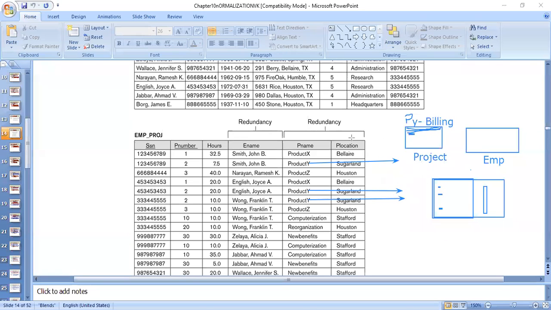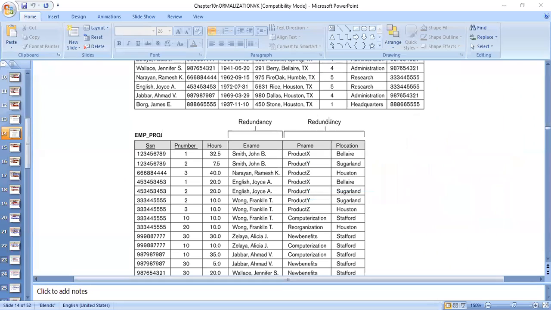Now this problem we are facing, that if 100 employees are working on project Y, at 100 places I'll have to make those changes. So this problem arises because of redundancy, and this problem is called update anomaly, that the updation I'll have to make at 100 places, and even if I make changes to 99 places and one place is remaining, then that will cause a great problem in the query fetching.